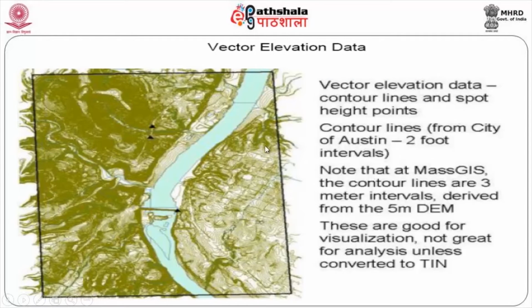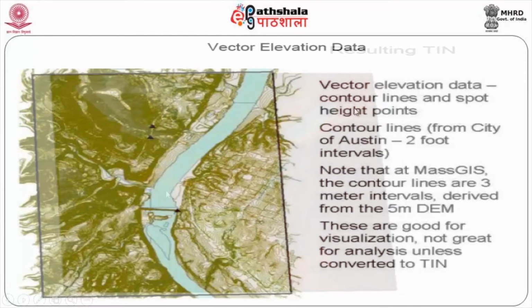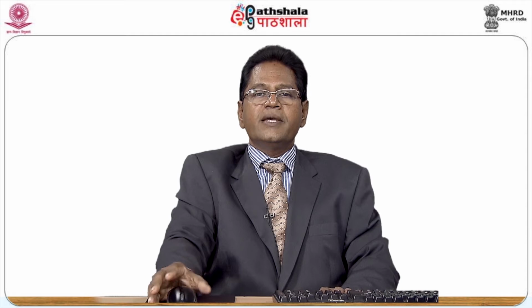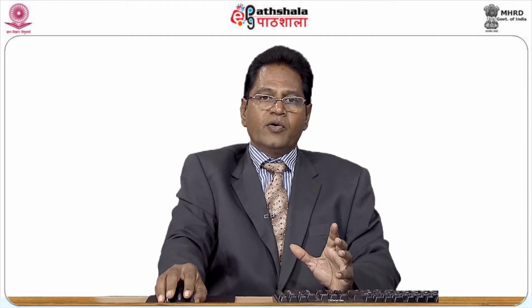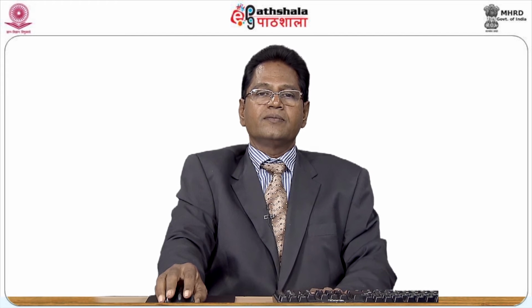How a vector elevation data can be converted, you can see in the next image; just see this, how it is being created. Normally, from the vector data, especially the contour lines, as I was just telling you, every individual topo sheet will have contour lines, provided you have a variation there. You can collect all the contour lines, and these contour lines are converted into, say, point data. Without converting into point data, you cannot create a TIN, you cannot create a DEM also.